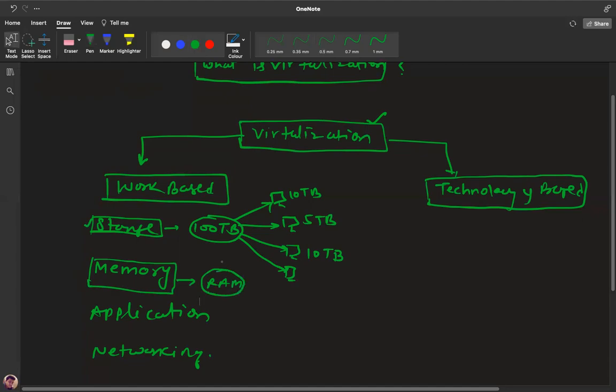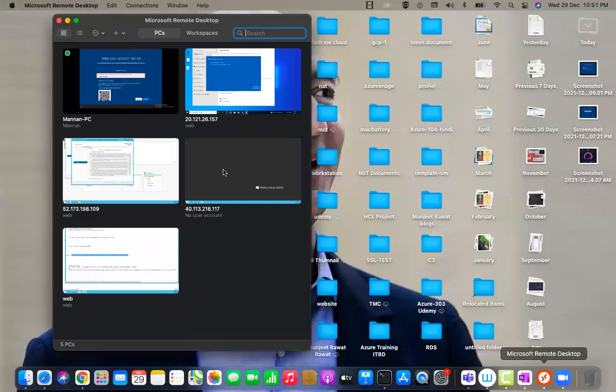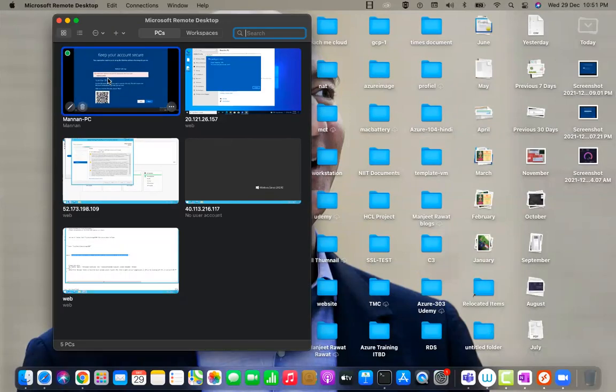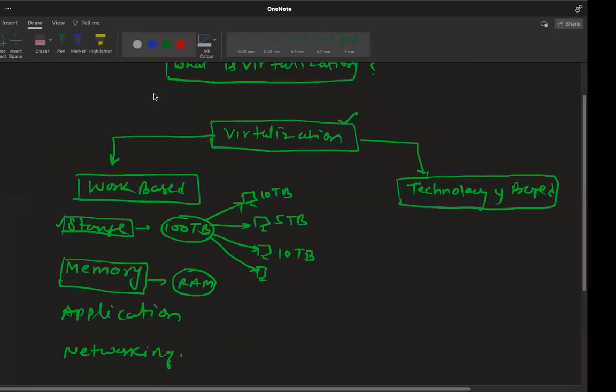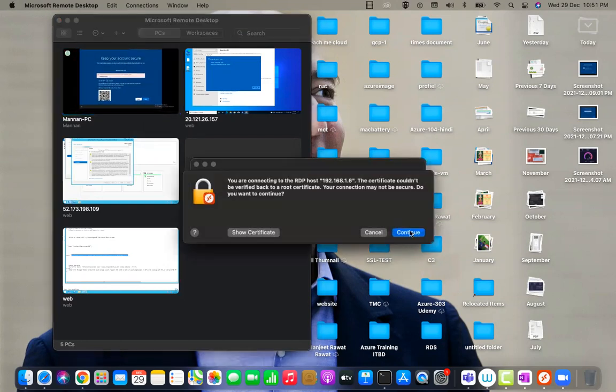Right now, for example, this is my another computer, another laptop you can see there, which contains 16 gig RAM, Core i5 processor, and 150 GB of SSD.